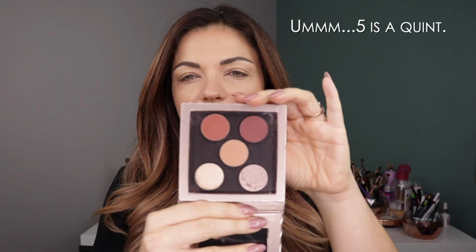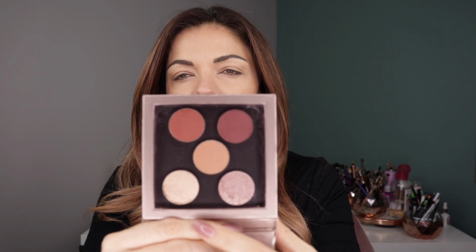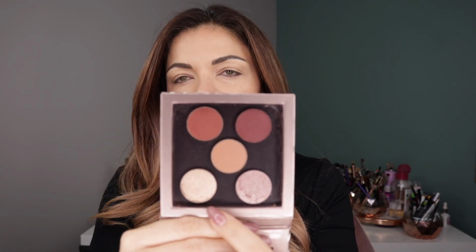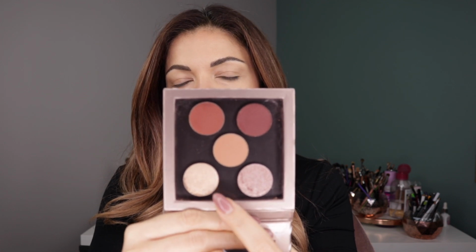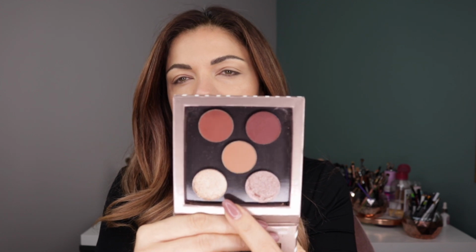All right, so here we have the quad of the single shadows. These are so pretty. Now, this one is Morningstar, and this is actually the one from my collection before this bundle. I did see that this is a double that I already had, but that's okay because